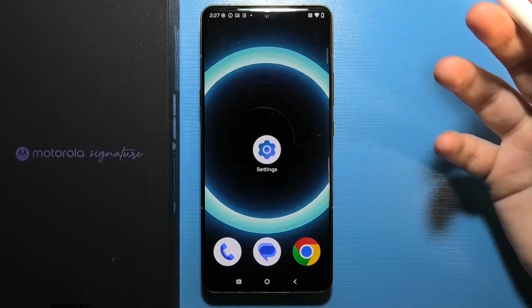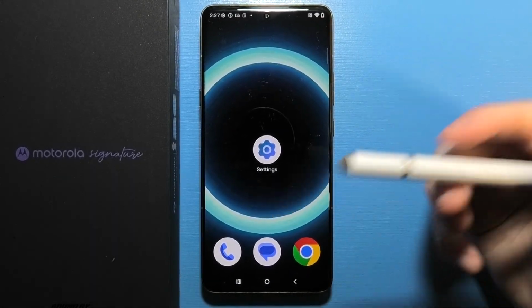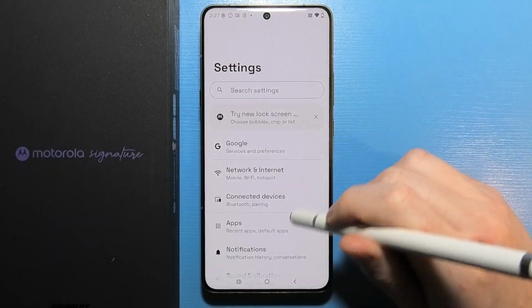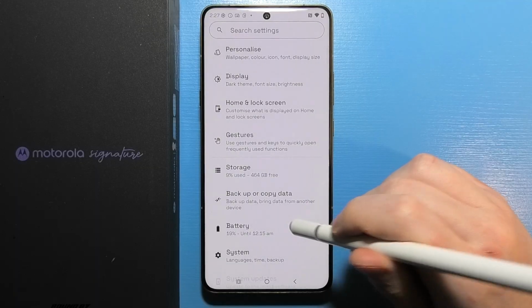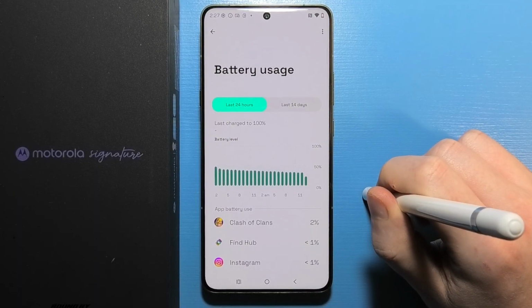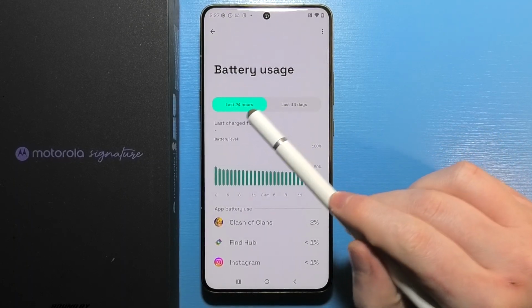To check what uses most of your battery in Motorola Signature, first of all, you will need to open settings on your phone. Next step is to scroll down and here select battery. After that, we can go to battery usage, and that way you can check your battery usage from last 24